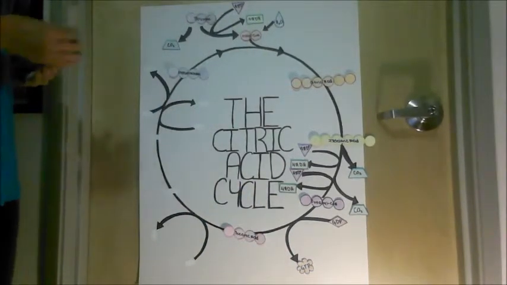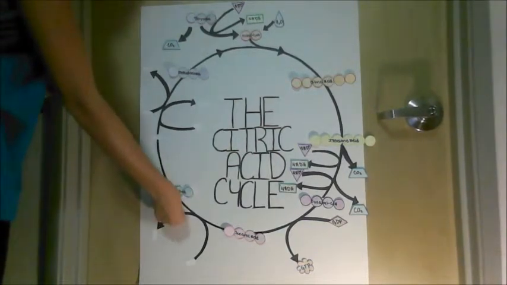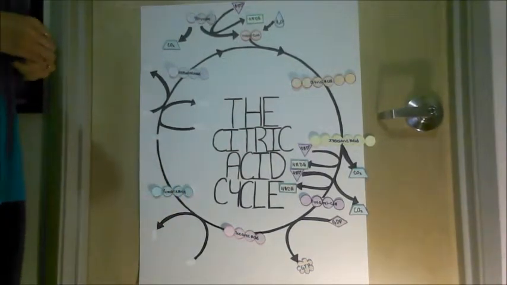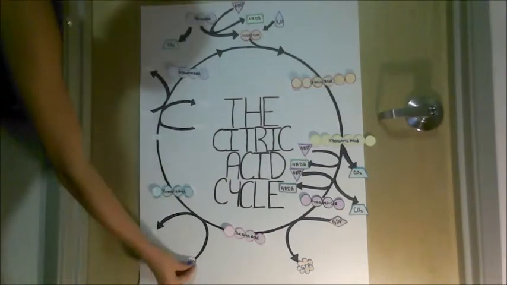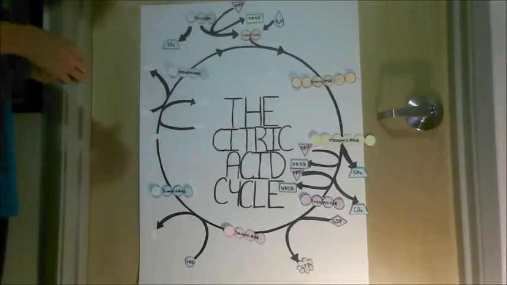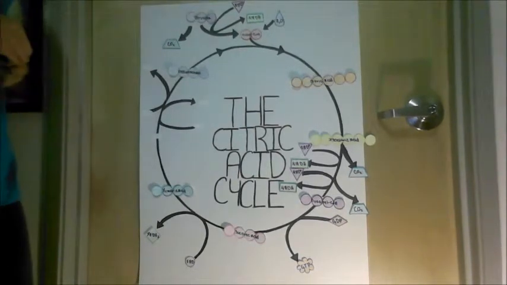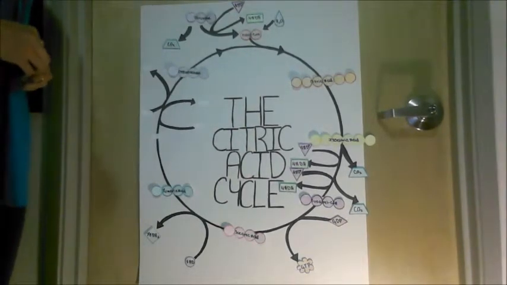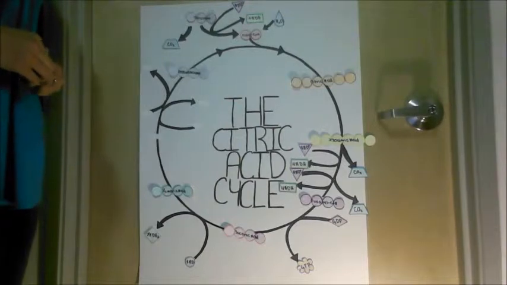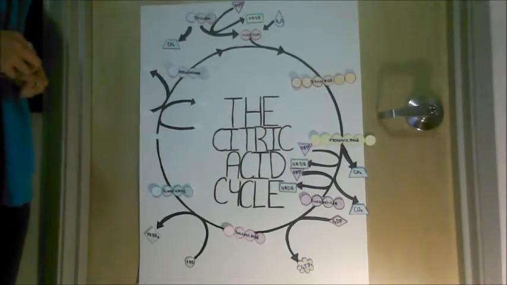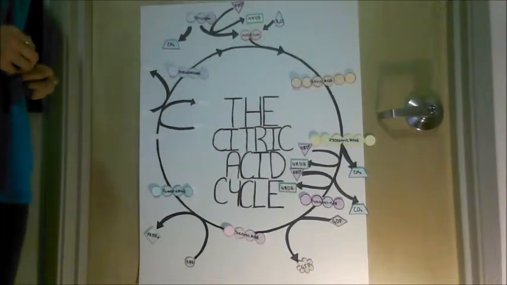Succinic acid is then turned into fumaric acid, and also during this conversion, FADH loses a hydrogen molecule which creates FADH2. Hydrogen's role in the citric acid cycle is to carry the NADH and the FADH2 molecules to the electron transport chain. Fumaric acid is turned into malic acid,